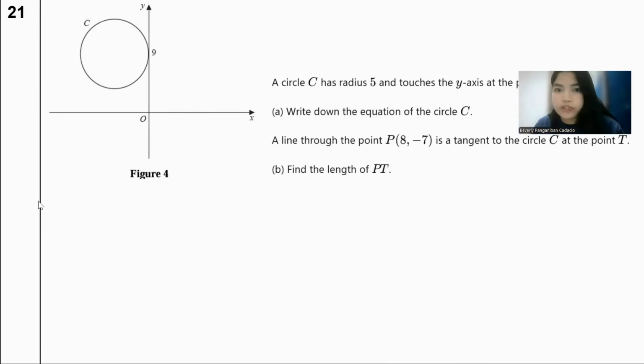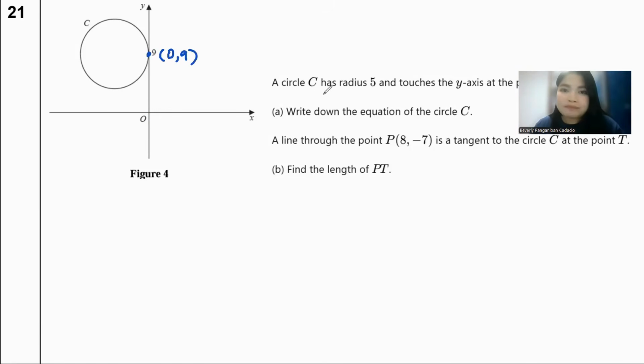Okay, now let's go with number 21. This is a circle equation, and we need to create an equation of the circle. This is a little bit trickier because we don't have a center, so you need to get your center first. The first thing I can notice is there's a y-intercept here, which means that point is (0, 9), 0 in the x-axis and 9 in the y-axis.